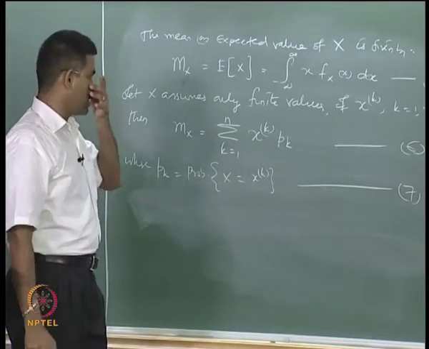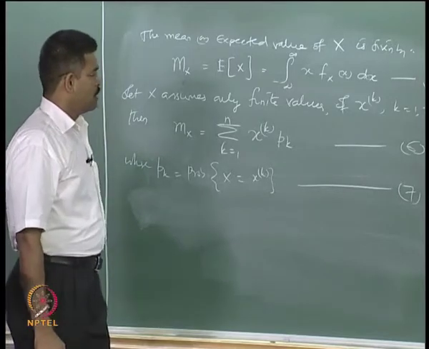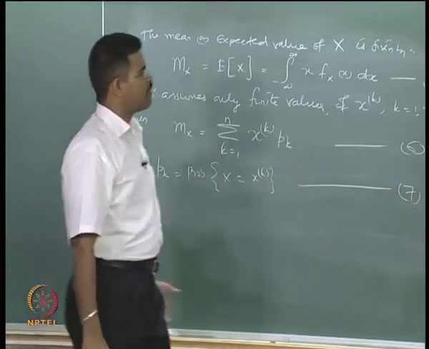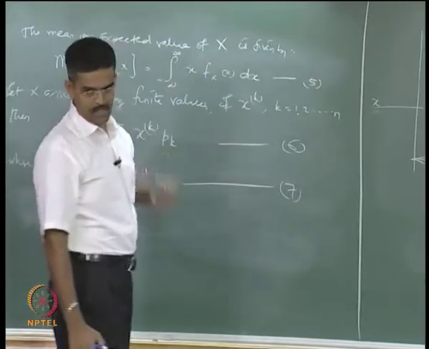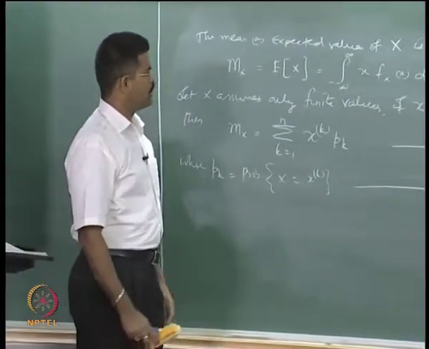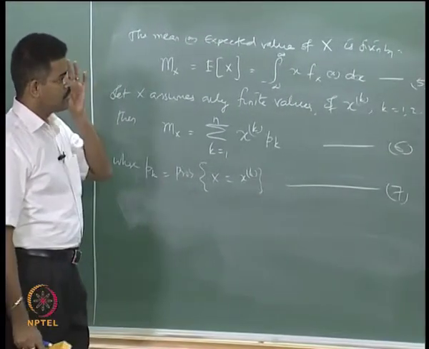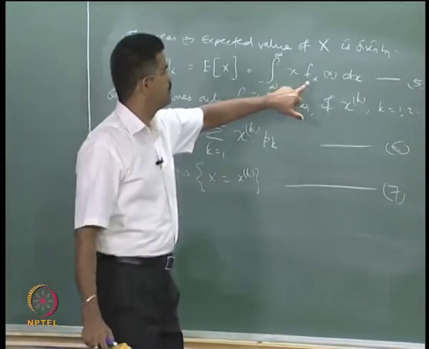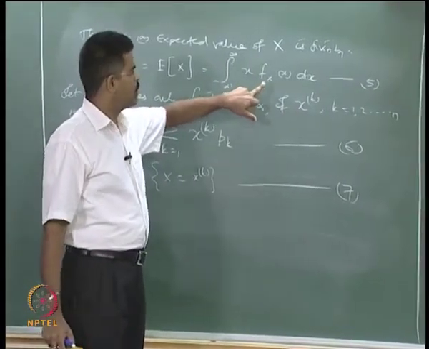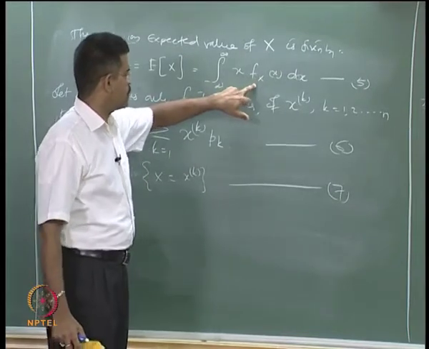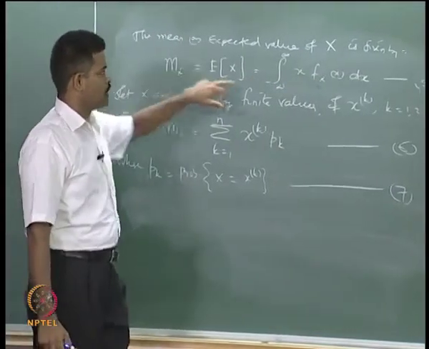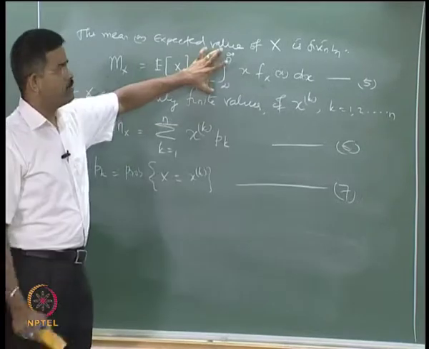Alternatively, I can also find the CDF as an integral of this value from infinity to x, and based on which I can always find the probability density function f of x. And if I know the probability density function f of x, I can always find the mean value or expected value as a product of these two in general.